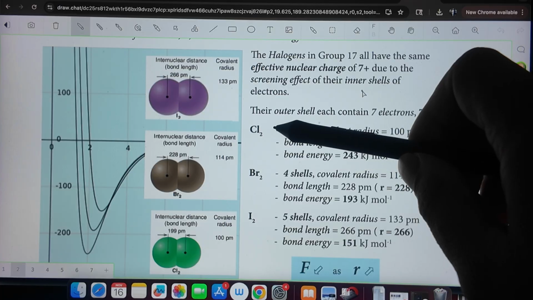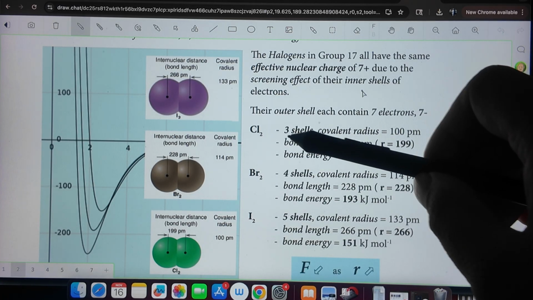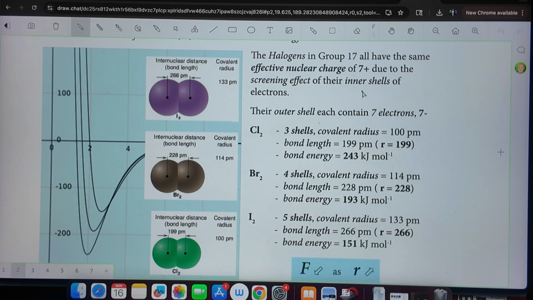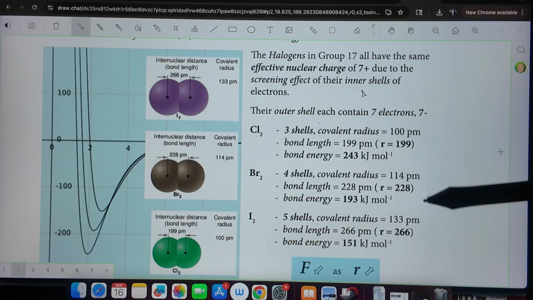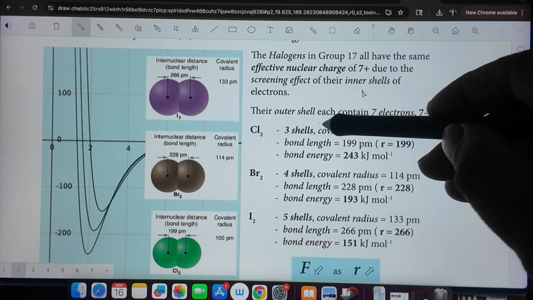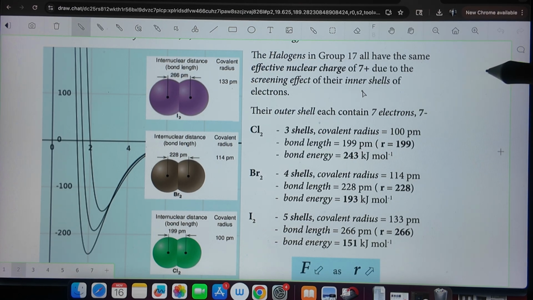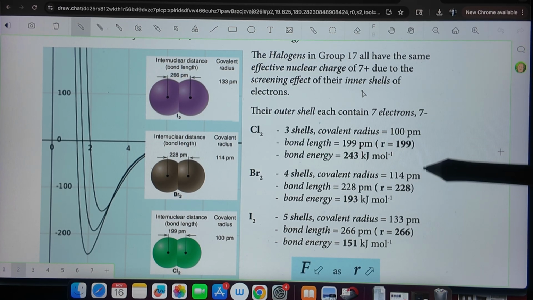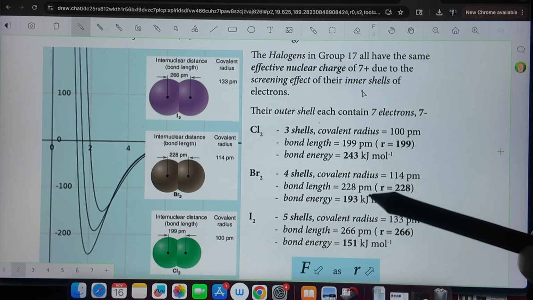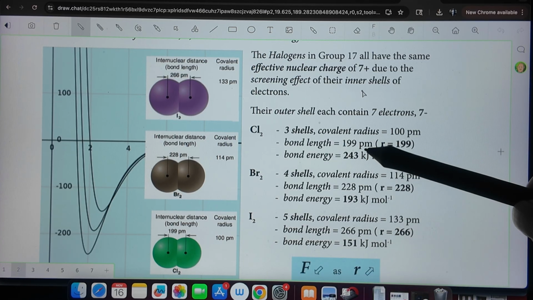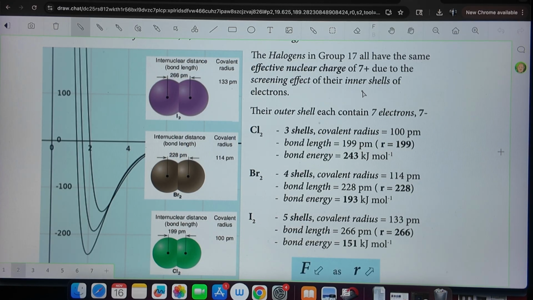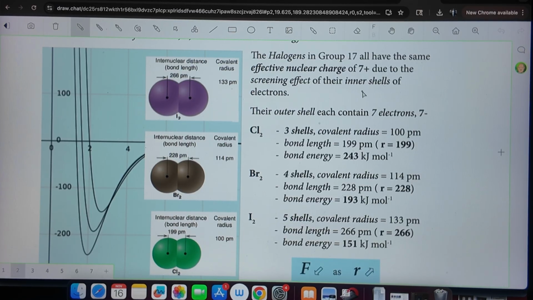So as this size increases, because each one has one more electron shell, we see that the radius is increasing, which makes sense. As the shells increase, there's more shells, and so there's more space, right? But as the shells increase, the bond energy decreases. The force of attraction decreases as there is more space. Now, this is kind of like holding a magnet, right? If you hold a magnet and the magnet is pushed further and further apart, then it's not going to have